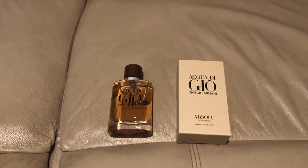But other than that, guys, do not be scared away from this fragrance based off the hate that it gets in the community. It's a very fantastic flanker to Acqua Di Gio if you're looking for something fun and playful with that original DNA. That's all I have,